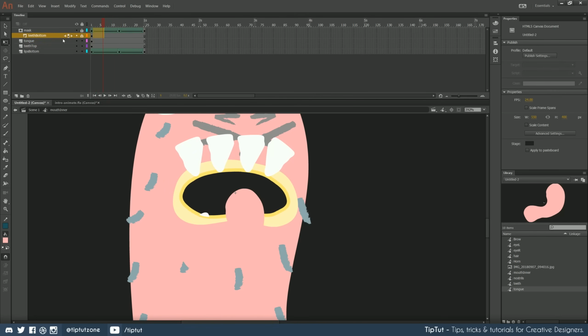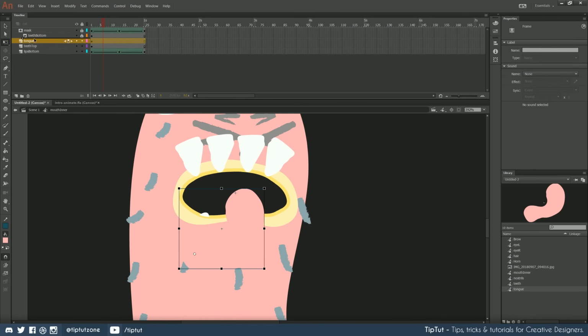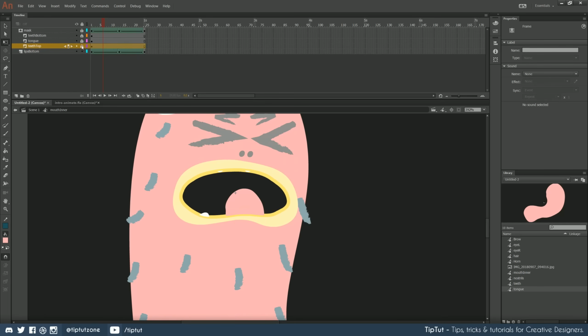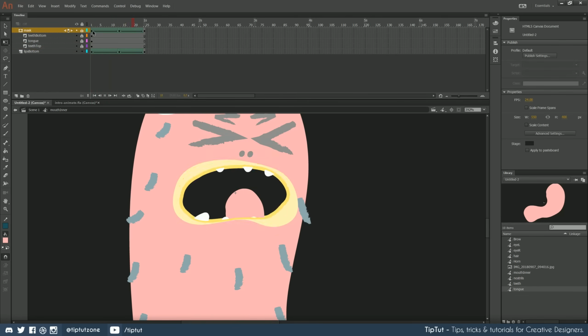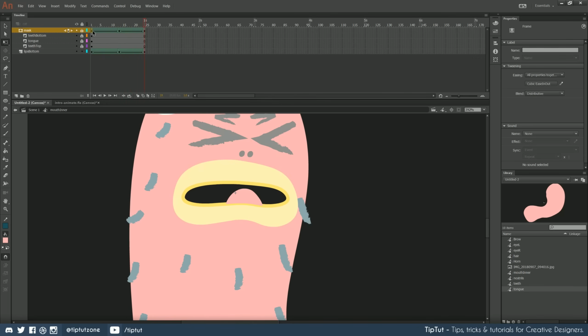If we wanted the others to as well, it's nice and easy. You can just hold Alt and drag those inside. Don't hold Alt, sorry. Alt is After Effects. You can just click and drag them inside that layer. Now, if you lock them, they'll be part of the mask. If you unlock them so that you can edit them and change their animations and everything, it'll obviously become visible again so that you can see what you're doing. Same thing goes for the mask here. You can just hide it to see what you're doing. If you lock all of these, your mask will work flawlessly.